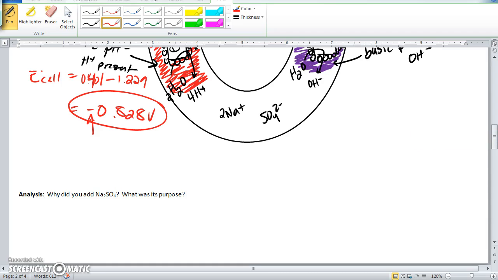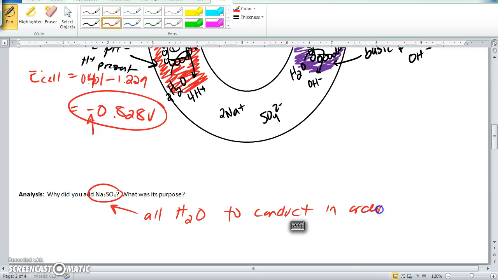So why is the Na2SO4 in there? Why do we need that at all? The reason we need that Na2SO4 in there is because we know pure water will not conduct an electric current. So if I just have pure water and I hook up electric current to it, nothing's going to happen. So the purpose of the Na2SO4 is to allow the water to conduct